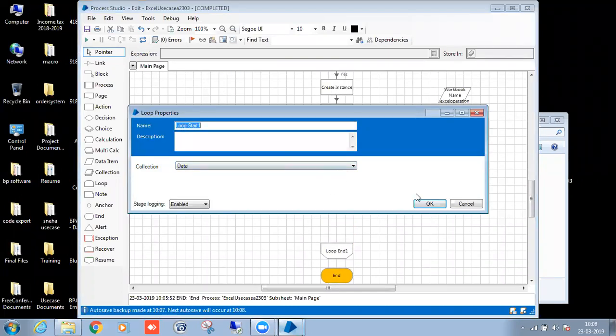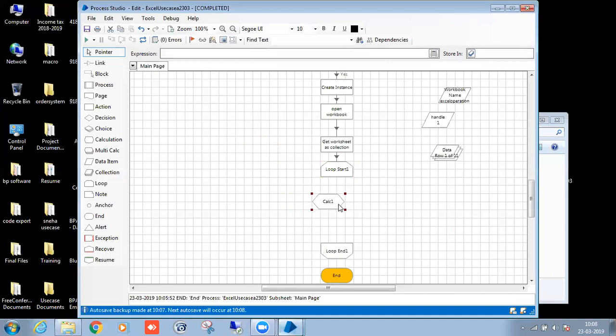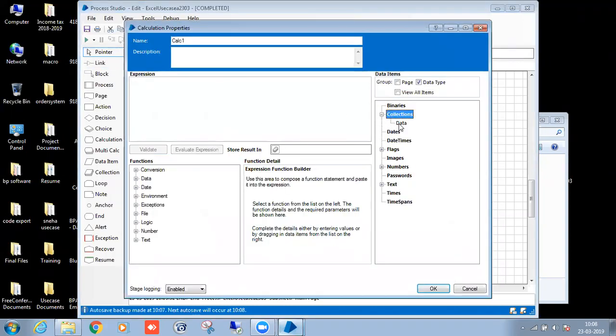For Each loop, the collection is the input. Now I'm doing it without typecasting. Only addition I'm doing now. Write the field name, Variable 1, plus Variable 2, equals Variable 3.